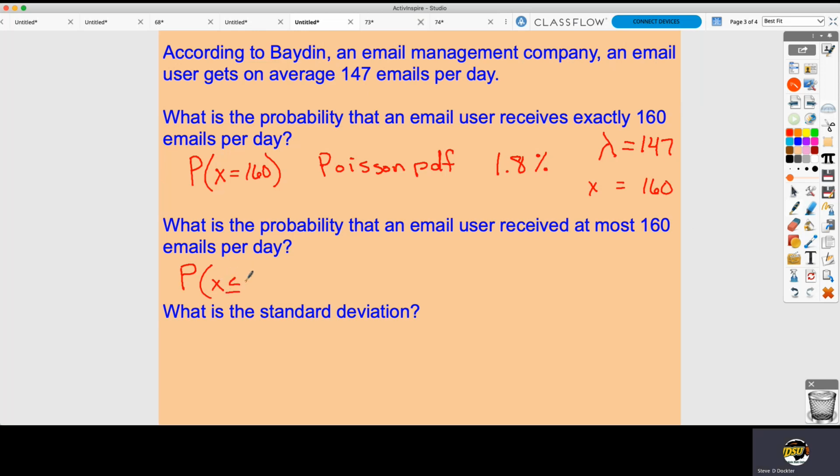Less than, could it be equal to? Yeah. Okay, so X less than or equal to 160. All right, for this one, you're still going to go find your Poisson. And then this would be a CDF because of the less than. All right, and you type it in the exact same way. The 147 is your top value, the 160 is your other one, and you get an answer of, for this one,